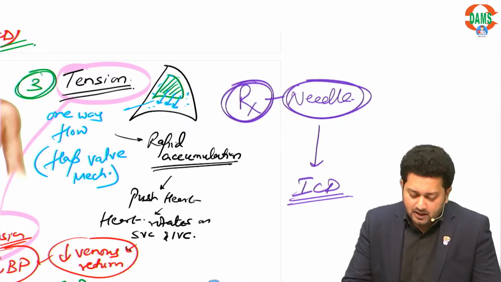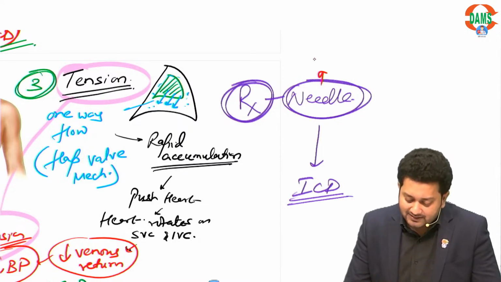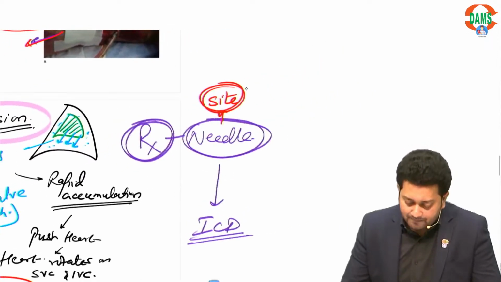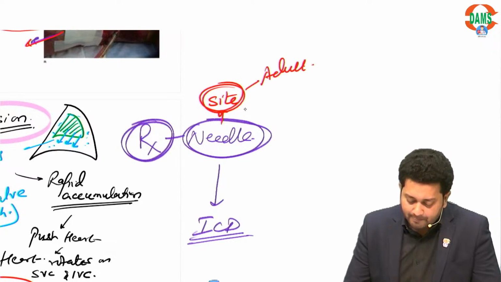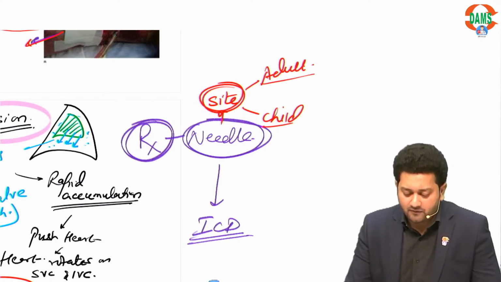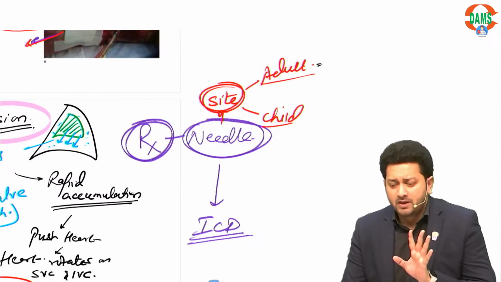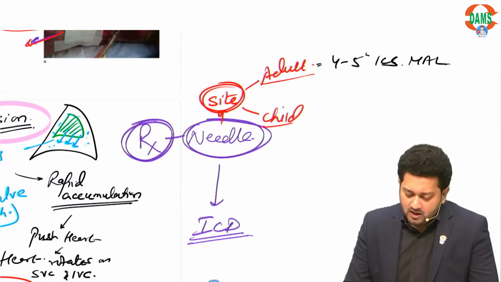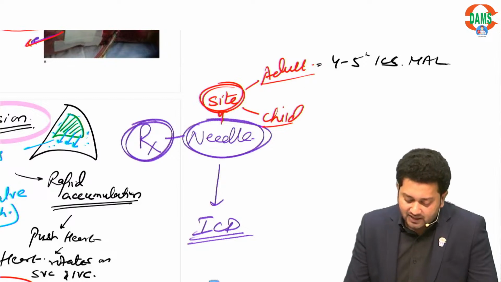Now comes about this needle. What is the site of putting the needle? Now the site of putting the needle is different for adult and for pediatric patient. For adult, it is the same site as the ICD, so you are not supposed to remember anything different. I'll say 4th to 5th intercostal space, mid-axillary line, just anterior to mid-axillary line. For kids, it is the 2nd intercostal space,